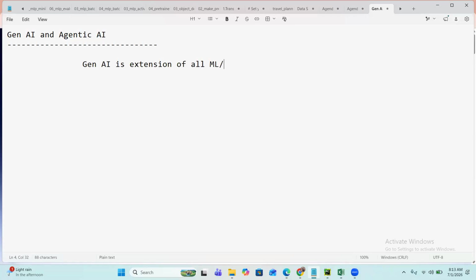Today's topic is GenAI and Agentic AI. Generative AI is the extension of all the ML and DL things,